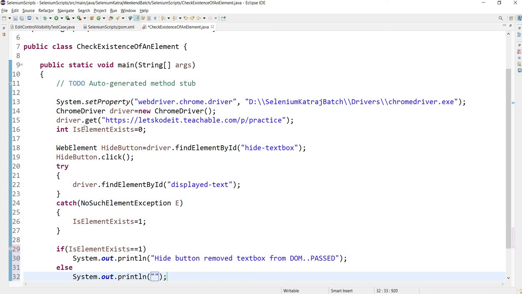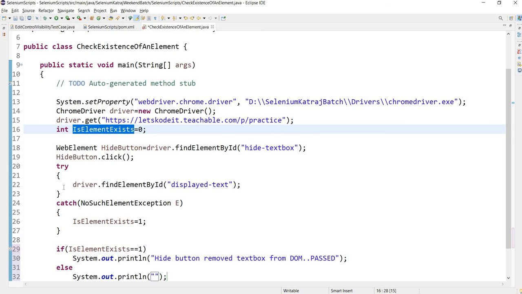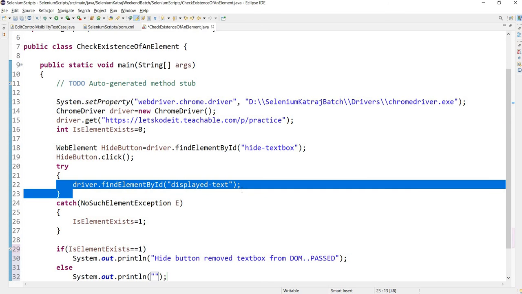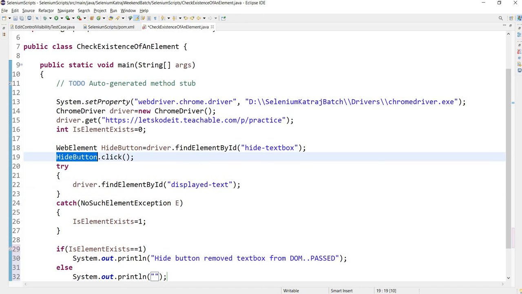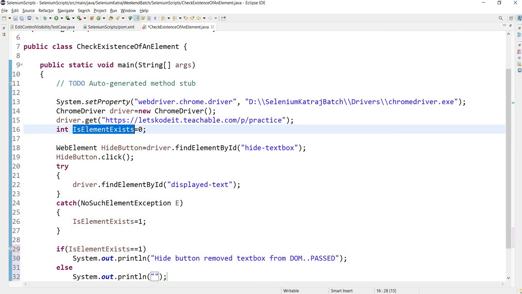So if isElementExists remains with its original value, it means that the exception didn't get fired, and if it changes its value, it means this particular statement indeed failed finding that element, and hide button successfully removed it from the DOM, hence it couldn't find that element there, hence the exception occurred, and our isElementExist variable changed its value from 0 to 1.